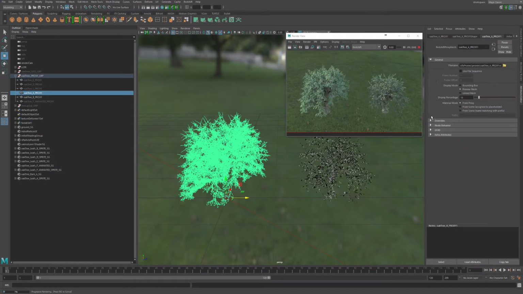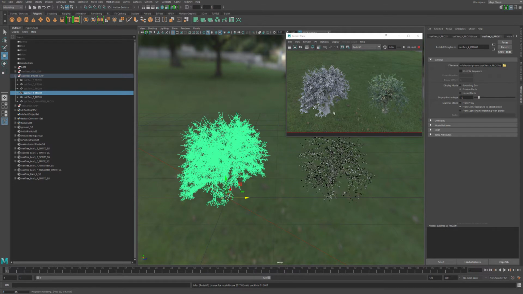Now that we covered some of the overrides, let's cover some of the material modes that allow us to override specific materials in our proxy. By default, proxies render with materials that are assigned and baked into the proxy when it was exported. You can override materials baked into the proxy with materials in your layout scene by changing the material mode. From scene, assigned to placeholder allows you to override all the materials in the proxy by assigning a material